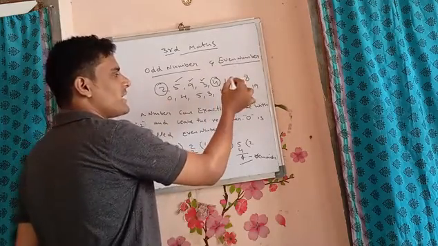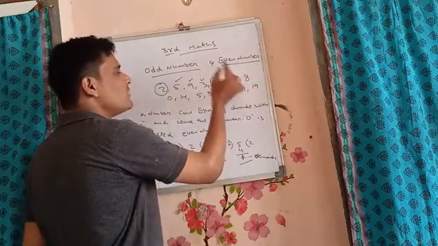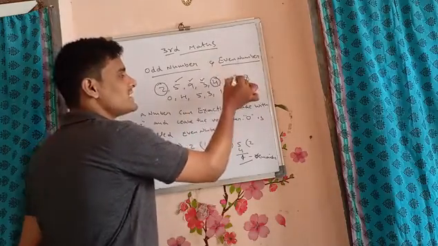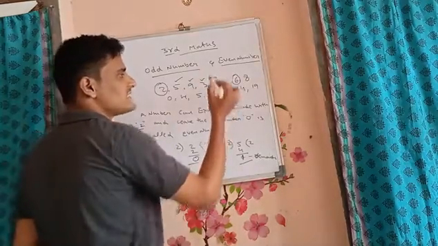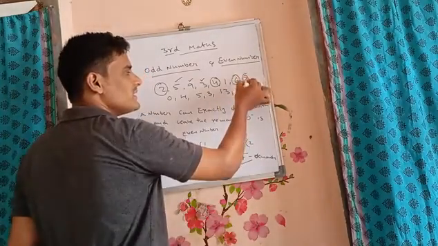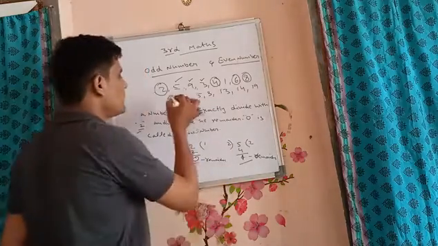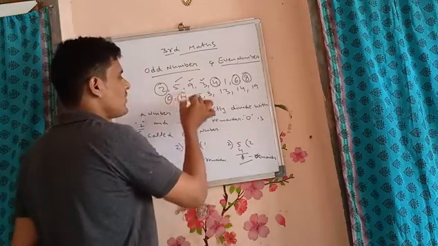1 is odd, not even. So 6. How much are 2 times what is 6? 2 threes are 6. So it is exactly divided by 2, remainder 0. So 6 is an even number. 8: 2 fours are 8. Even number. 0 also, 4 also.